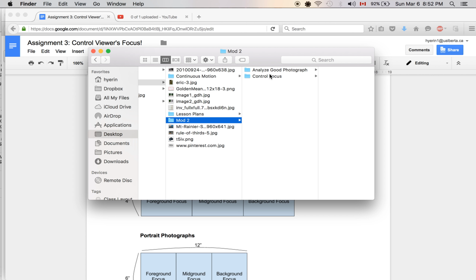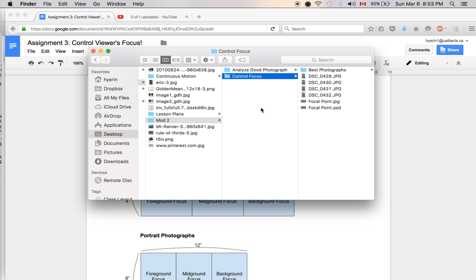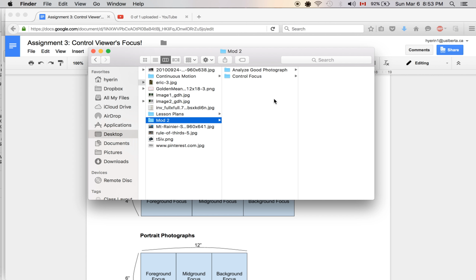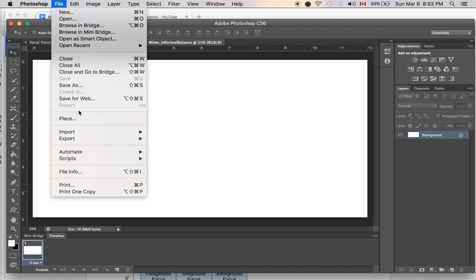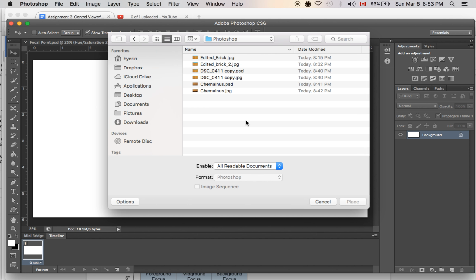If you don't have a control focus folder yet for your photographs, make sure you create it. Every time you start a new assignment, you're going to create a new folder. So you can just right click and then new folder. Or for Windows, it'll be new and then there will be an arrow and it says make a new folder. So anyway, now that it's in here, we'll just go back to Photoshop, File, Place,